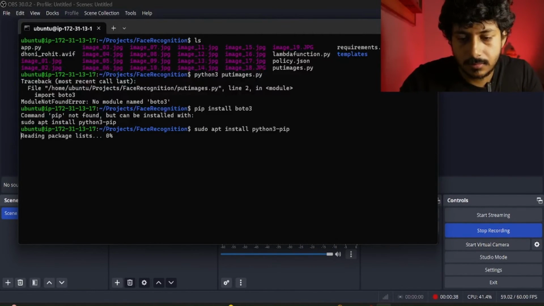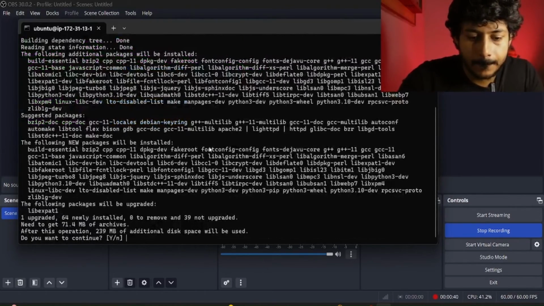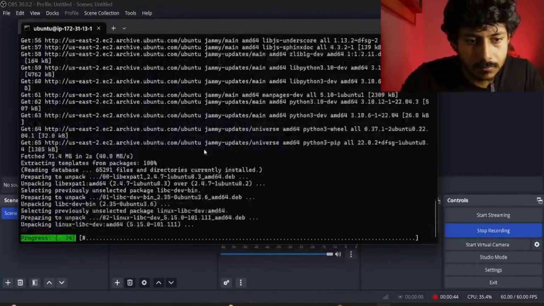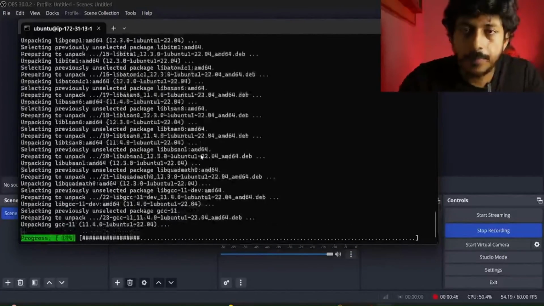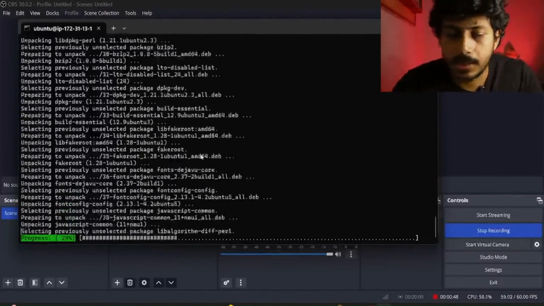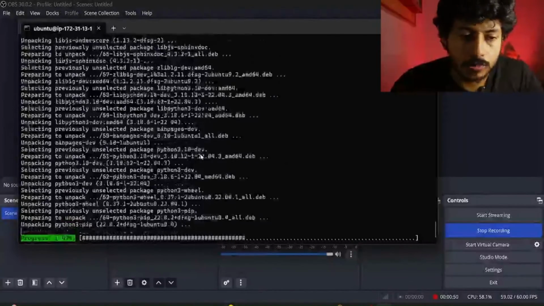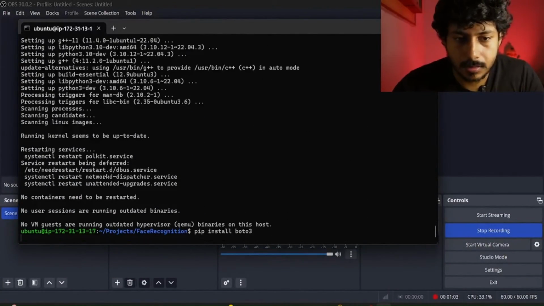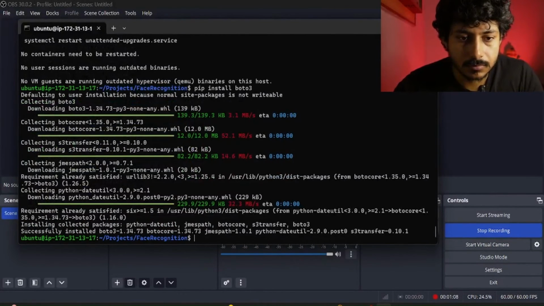Using this command, after installing pip, we will run that Boto3 command. pip install Boto3. So it will install Boto3. Done. If I run python3 put_images,